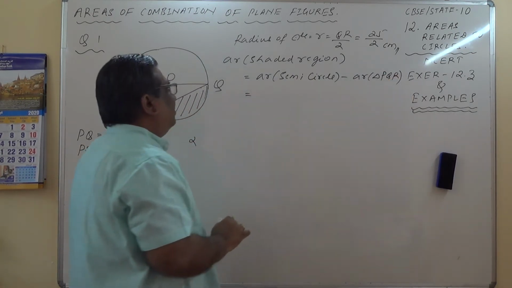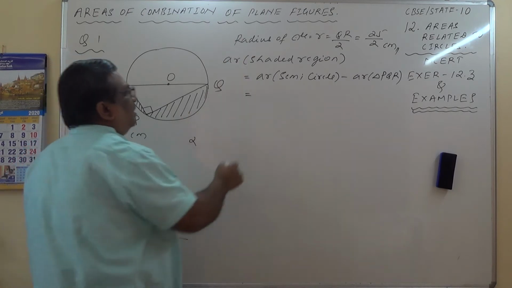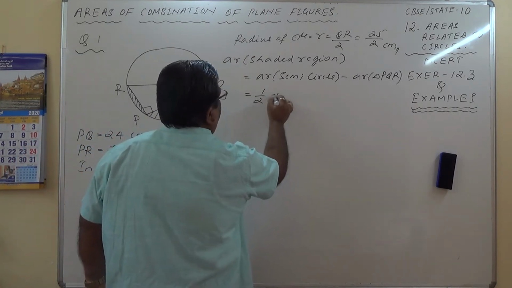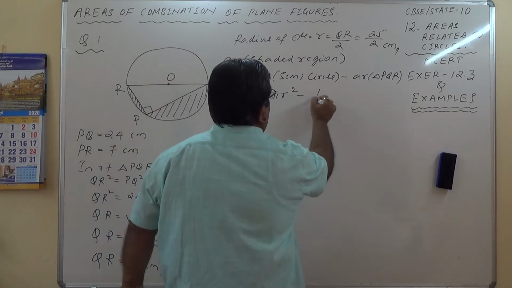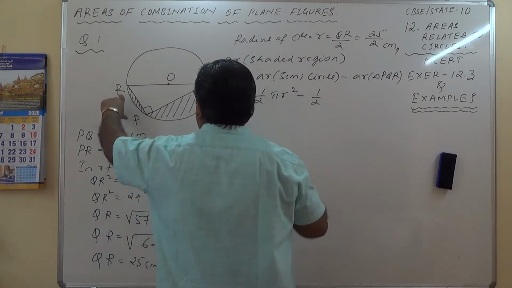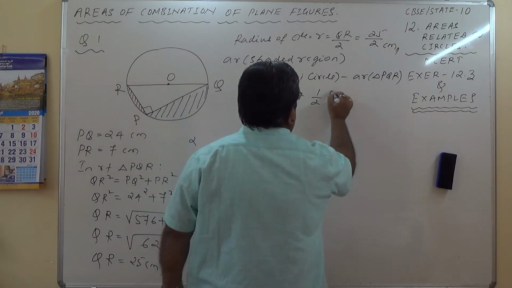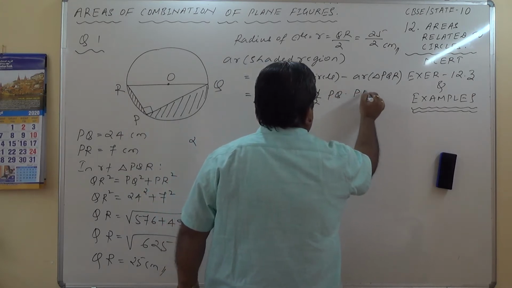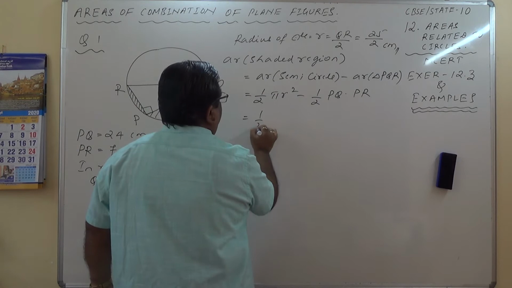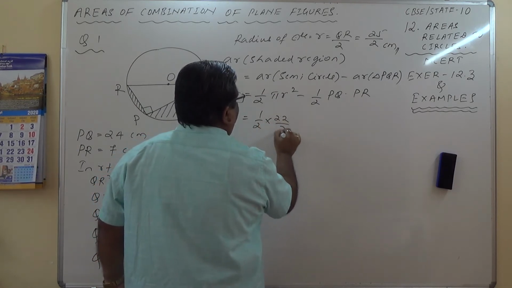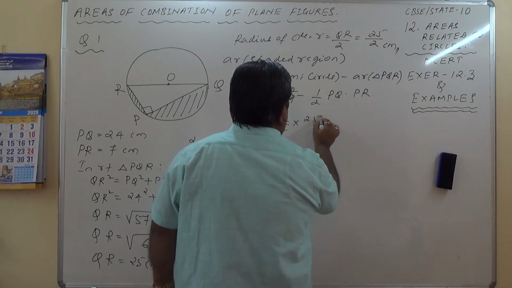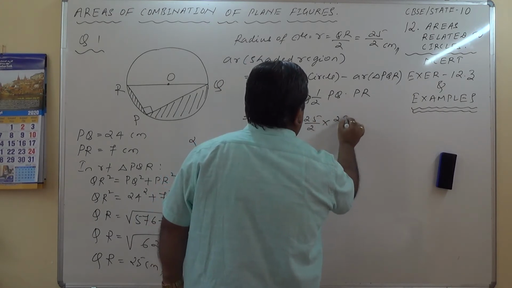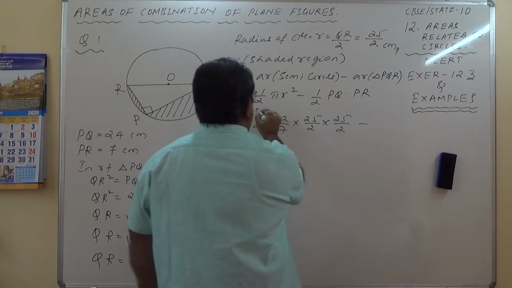What is the area of the semicircle? Radius is known to us, half pi r square minus area of the triangle PQR is half into PQ into PR, which is half into 22 by 7 into r square. R is 25 by 2 into 25 by 2 minus